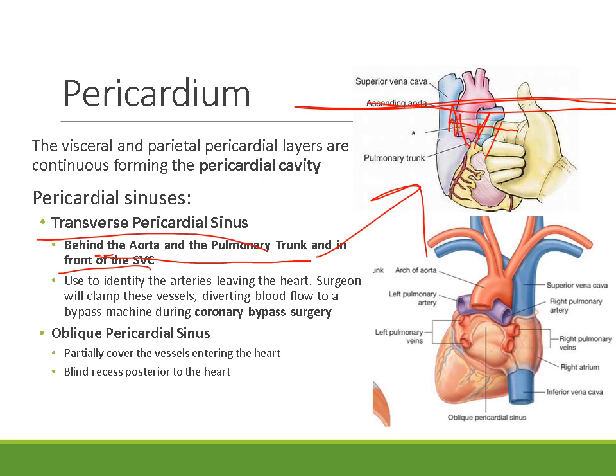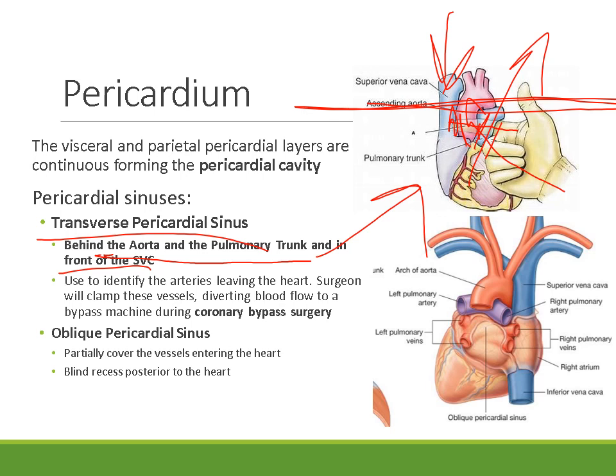Think about what those vessels are doing. The superior vena cava is bringing blood into the heart. The other two vessels are bringing blood out of the heart, right? The right ventricle pumps blood out through the pulmonary trunk. The left ventricle pumps blood out through the aorta. So this transverse pericardial sinus allows you to separate the vessels that are leaving the heart from the vessels that